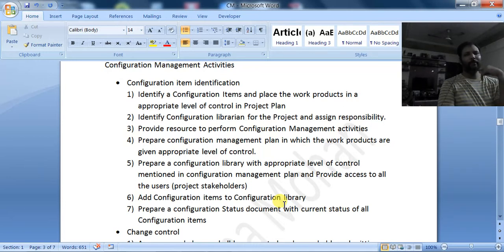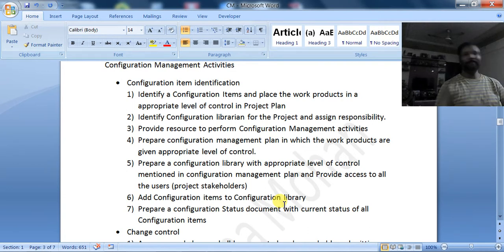You will give some ID to the test case document, and you will apply the level of control also. Then you have to take the template of the document and put the template in the project repository. So that's what it is.